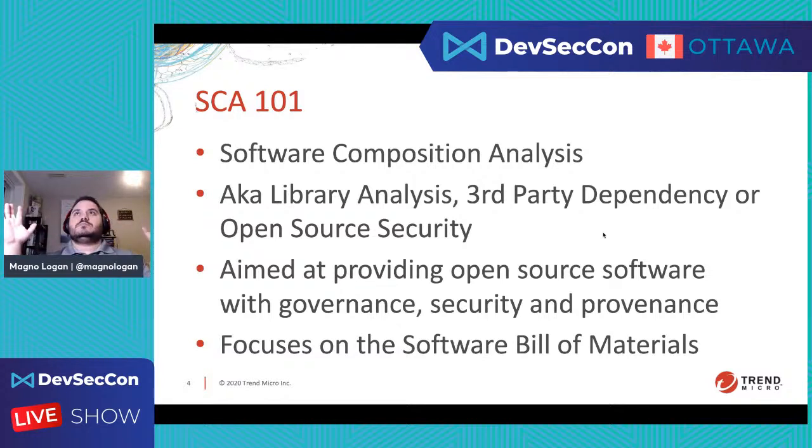And there is something that an SCA solution or tool provides that's very important, especially now with discussions around open source and the latest issues with the Log4j vulnerability last year, right? Which is the software bill of materials. And we're going to understand what that is in the next few slides, okay?